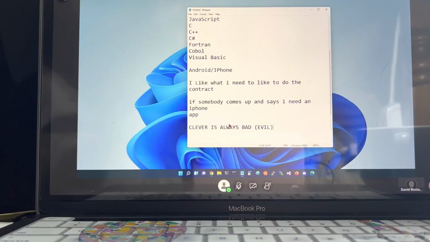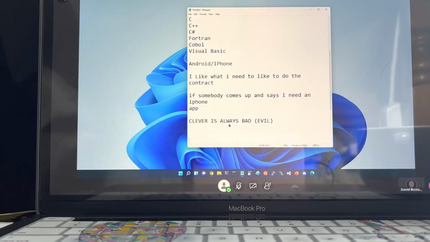I can change that to say evil if you like. For anybody that comes up to you and says, oh, look at this great, clever solution I came up with to this program I had to write, well, no, that's probably going to be a terrible solution because we're always writing things for enhancement and maintenance.